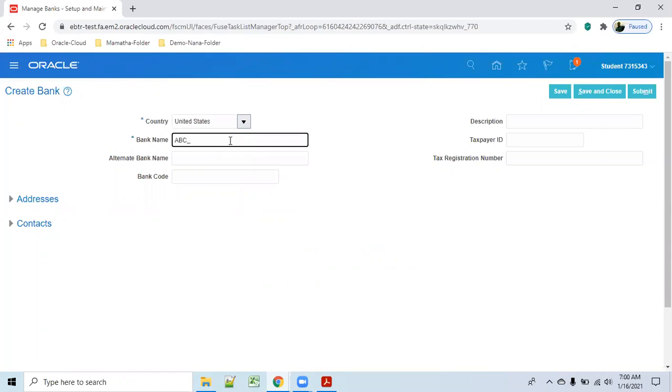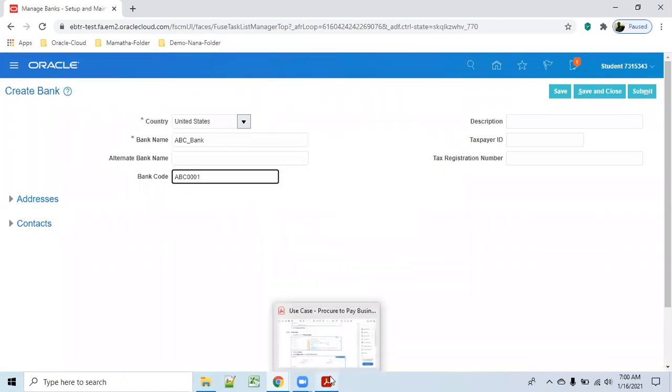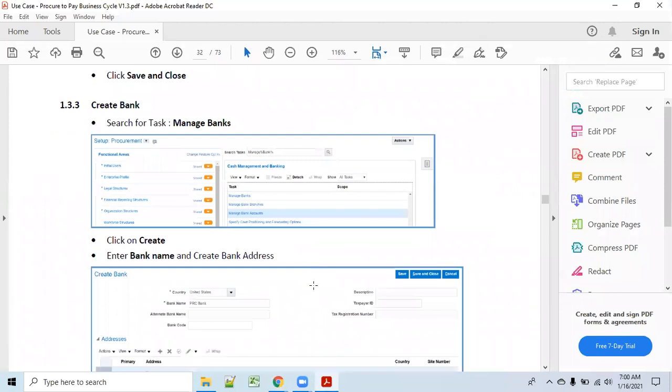So today it will be there, tomorrow we don't know whether it will be there or not. Alternate bank name itself we don't know what is alternate code. So code ABC 001. Okay.